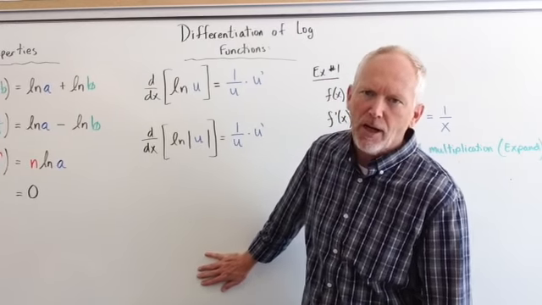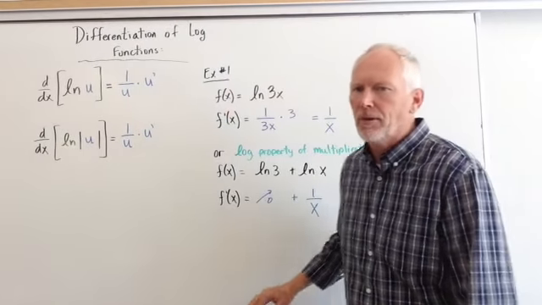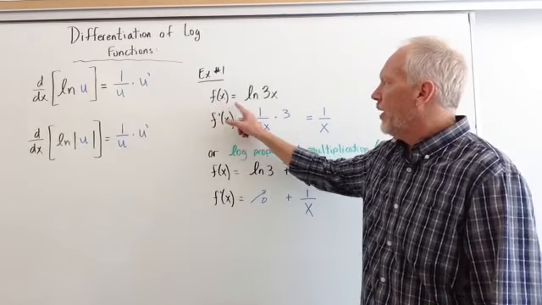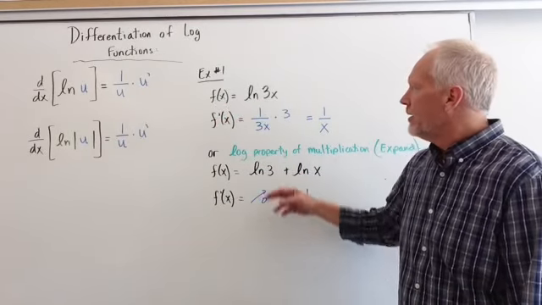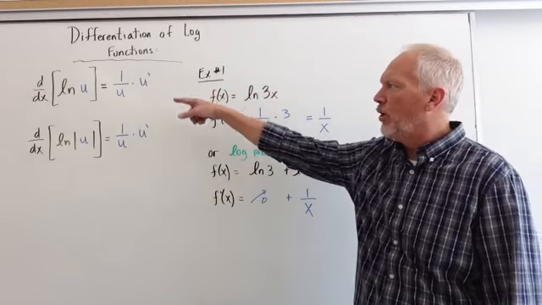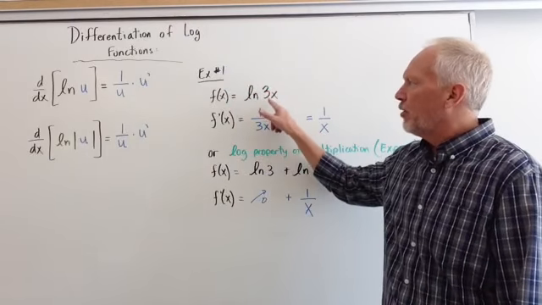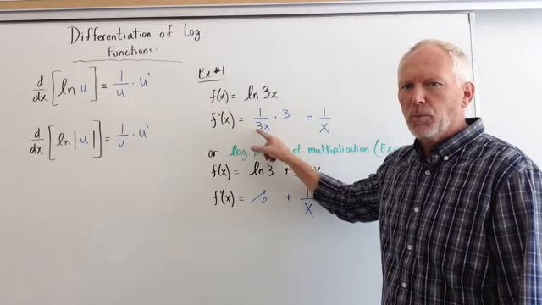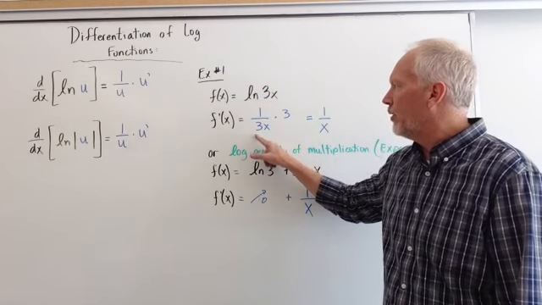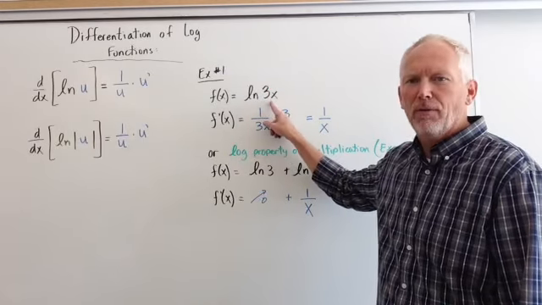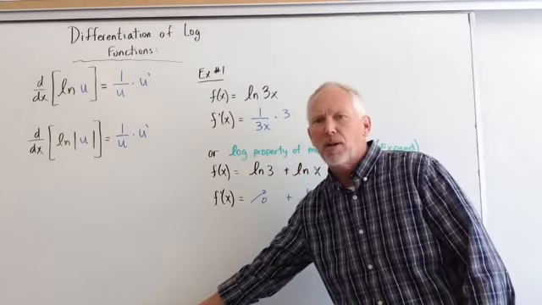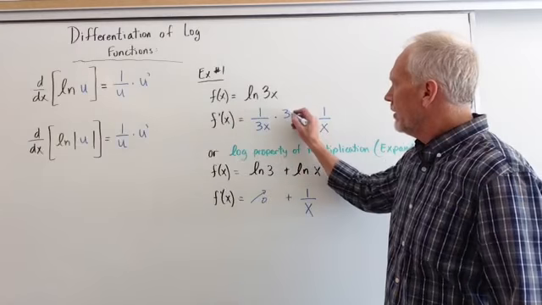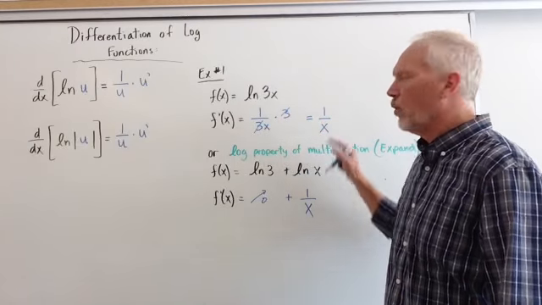Okay, so check it out. Example number 1. f of x is equal to ln 3x. If we just do 1 over u times u prime, 3x becomes our u. So we put that in the denominator, 1 over 3x. We take the derivative of 3x, and that is 3. Then we can simply cancel out these 3's